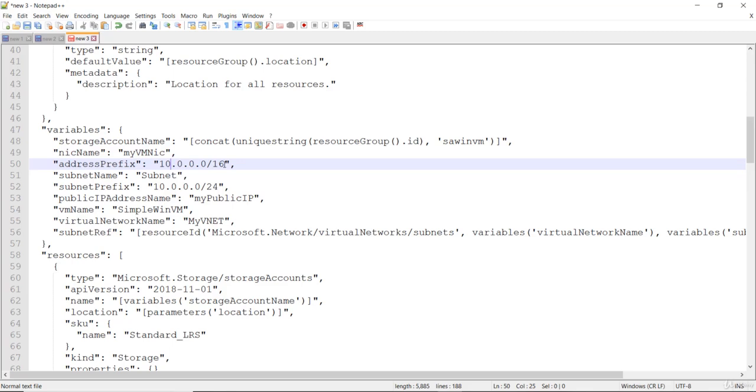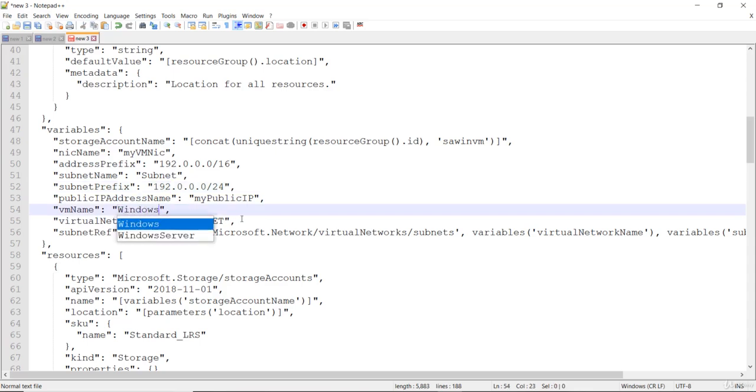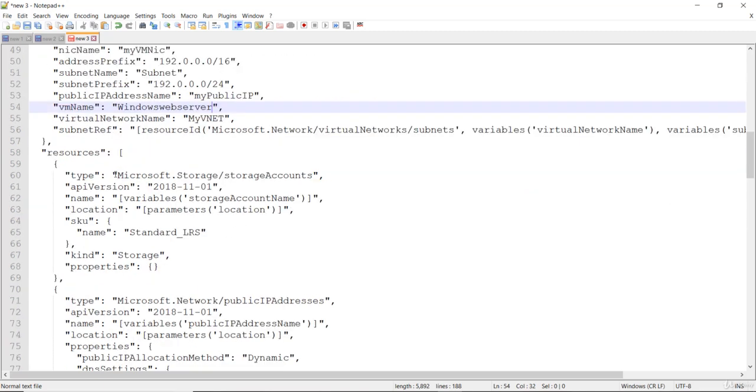Now look at other values. Maybe you're looking for a class C IP address, so I'll change this to 192 address prefix here, and then put the same thing for subnet prefix as well. The name of the virtual machine is simple VM, which I'll change to Windows Web Server, something like that. So basic modifications are of course possible. Here the storage type is Standard_LRS, which is locally redundant storage. So we haven't discussed storage accounts yet. What storage accounts are, different kinds of replication options available, we'll talk about them later. But you can definitely modify the type of storage, how it replicates,